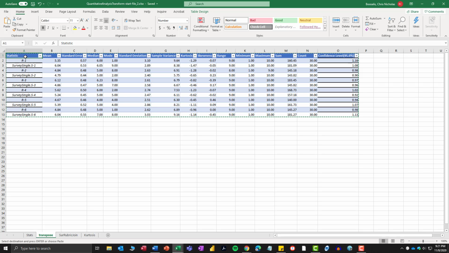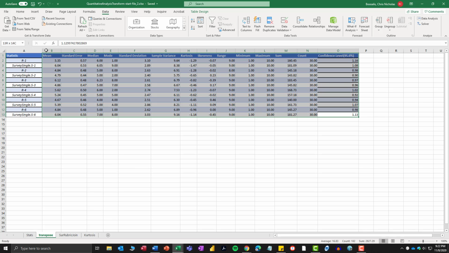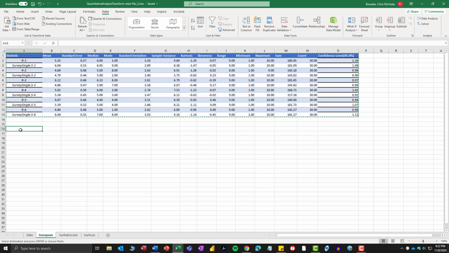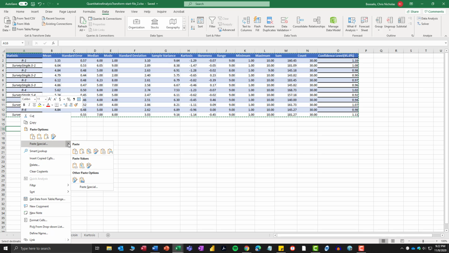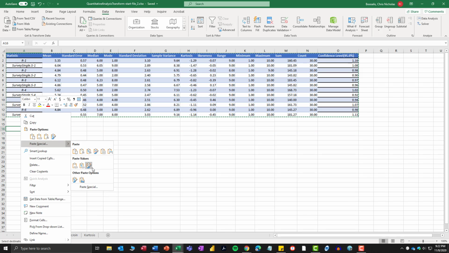I'm going to select this table just as I've done here, and let me turn off the filtering. Sometimes that interferes with what you try to do. So I'm going to just highlight the table. I'm going to copy it, right click, and paste special, and yeah, I'm not getting transpose again. All right, so